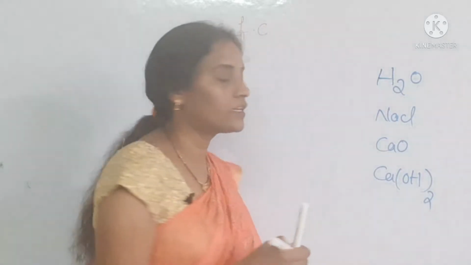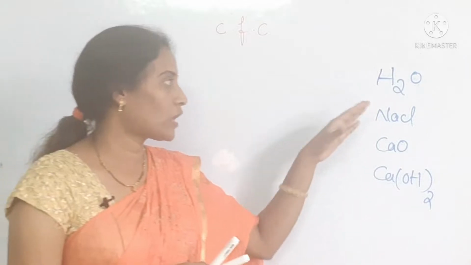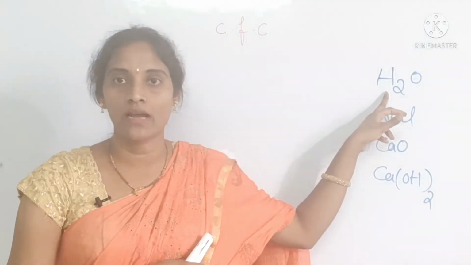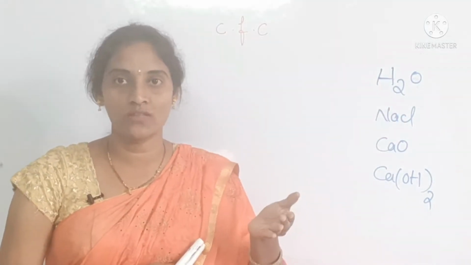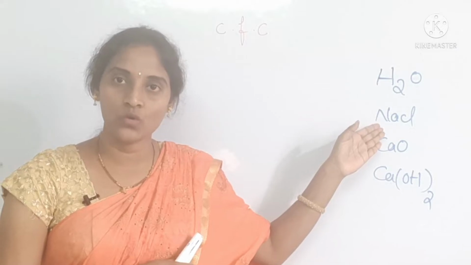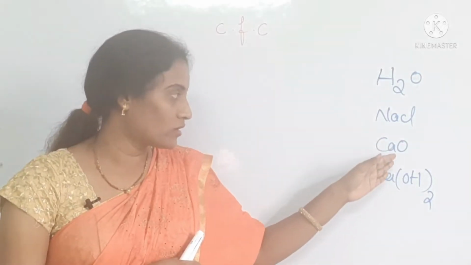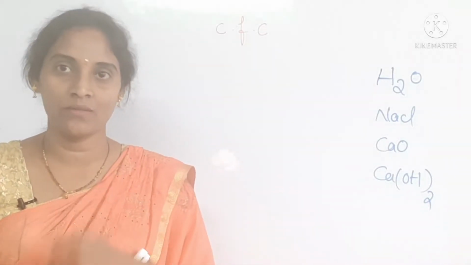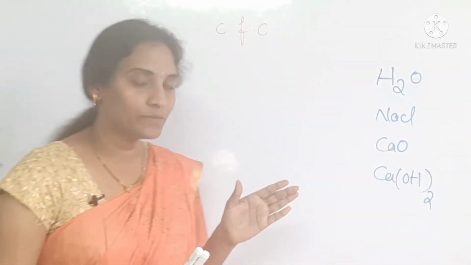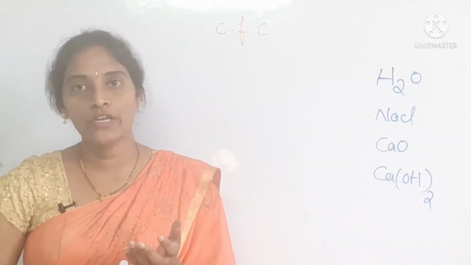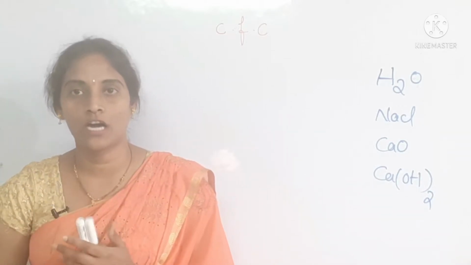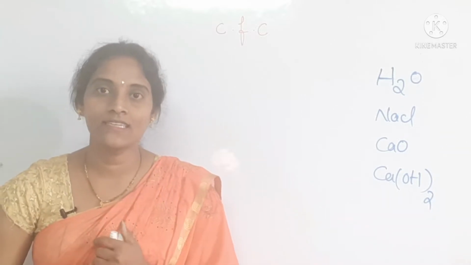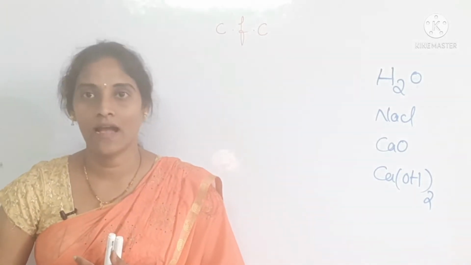See here, students, these are all different chemical compounds. All have a certain particular chemical formula. Water has a composition of hydrogen and oxygen. Sodium chloride has sodium and chlorine. Here also, calcium and oxygen. These are the constituent particles present in that particular chemical compound, students. How can we write a chemical formula for a particular compound? To know this, you have to know about valency and symbols of atoms.